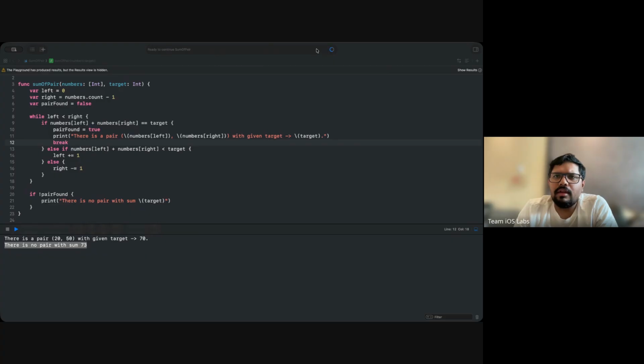So I will move to the sliding window. I'm skipping this one question, which is container with most water. You can go through it yourself once, because we already covered two problems here. So let's move to another algorithm, which is the sliding window algorithm. Let me share my screen here once.